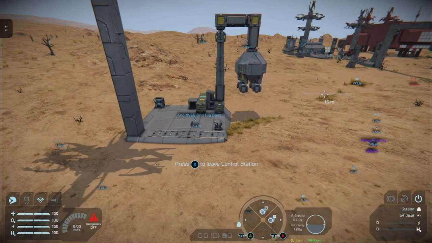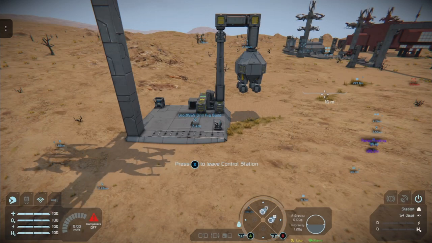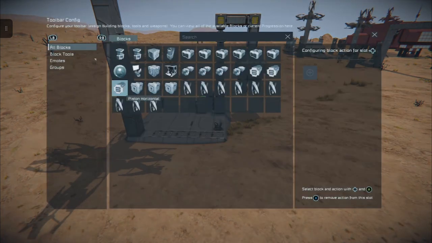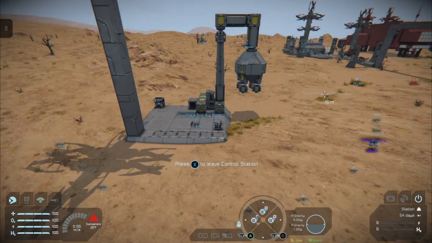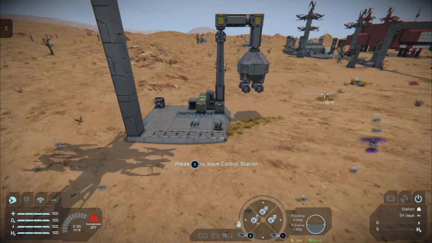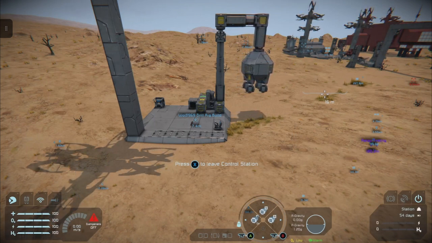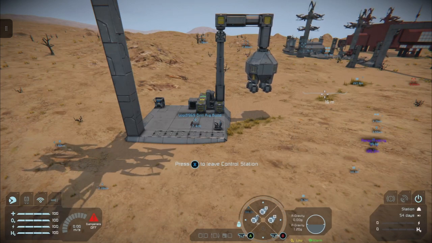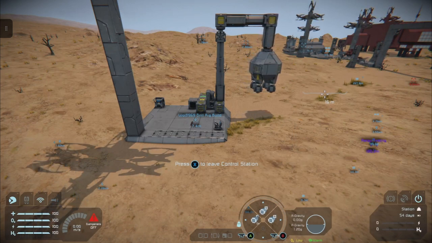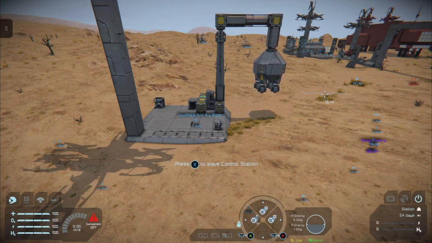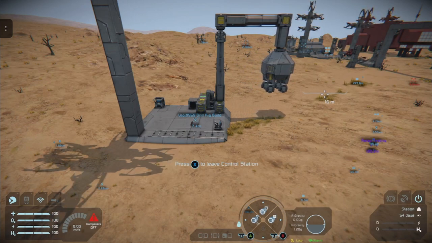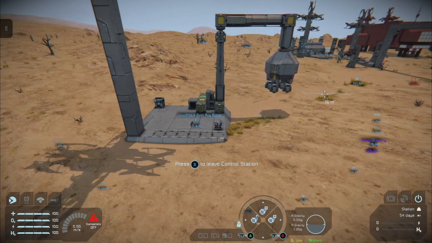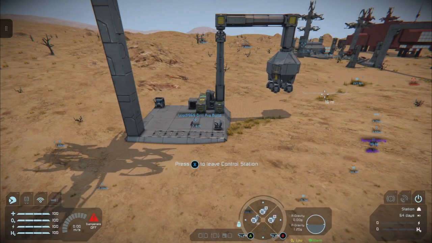But not only are we going to add a reverse command, we're going to come across again, piston horizontal, we're going to toggle block on off, because then what we can do is we can wait for the piston arm to get a little bit further away, like say here, and then turn it off.